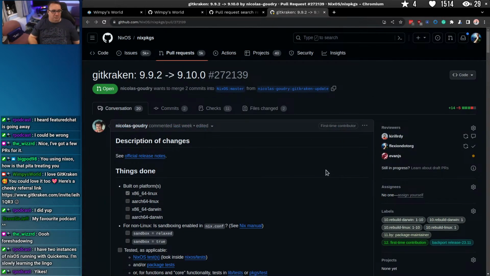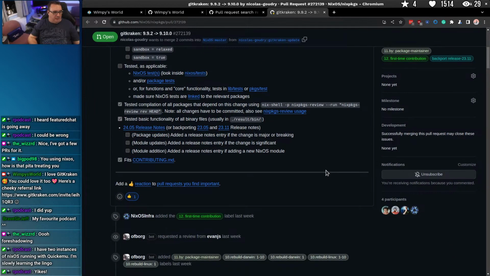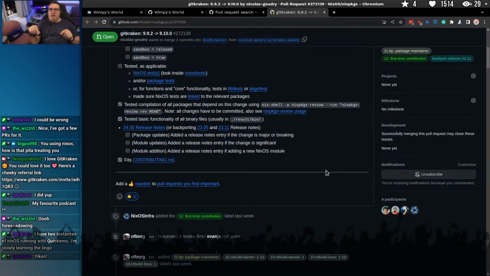Nicholas here came up with a nifty fix. The issue is that GitKraken have started bundling a binary of Git inside the GitKraken app, and that's so Git intensive operations